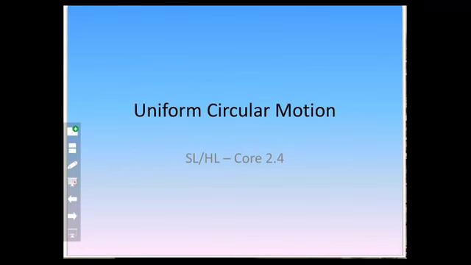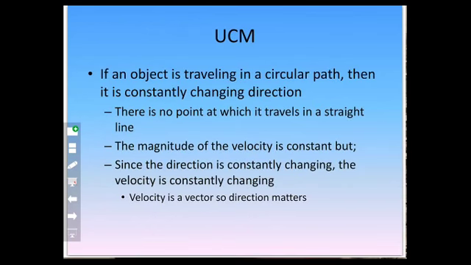This is the last set of slides for topic 2, and in this set we're going to talk about uniform circular motion. And uniform circular motion is just like the name sounds. It's circular motion that is uniform. And in order to have uniform circular motion, or what we'll refer to as UCM, we have an object that's traveling in a circular path